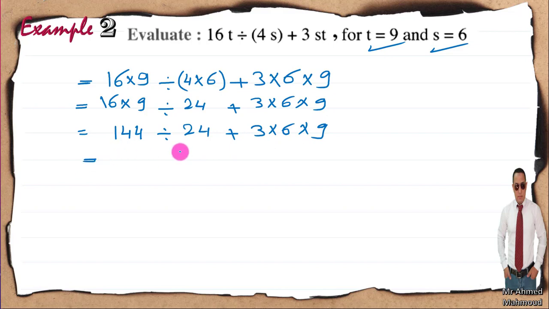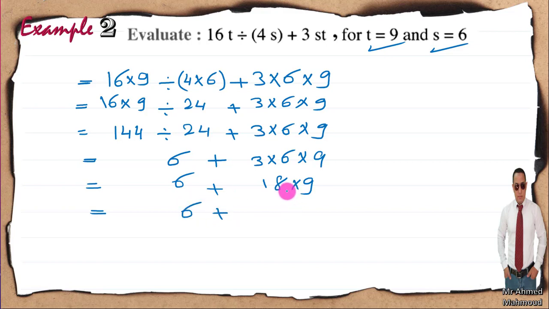Now 144 divided by 24 equals 6, plus 3 times 6 times 9. Now I'm going to start with the times. So 3 times 6, 18. So 6 plus 18 times 9. Okay, now we have plus and times, so I'm going to start with the times. 18 times 9 equals 162. Finally, 6 plus 162 equals